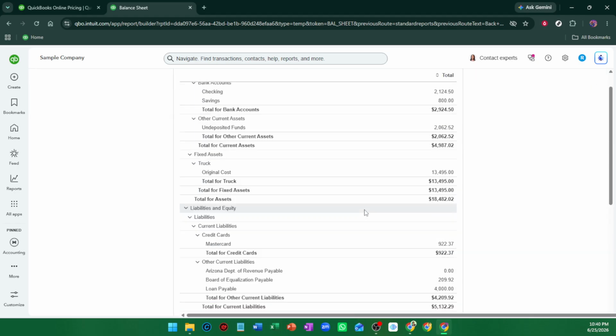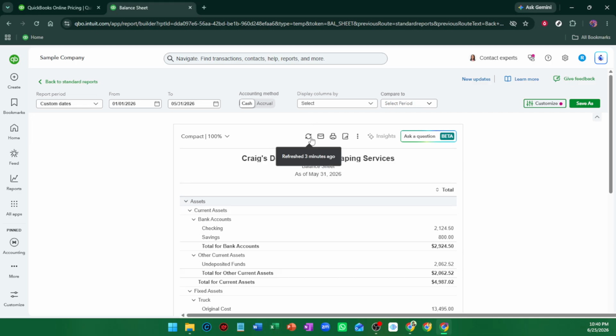If you're working with an accountant or preparing reports for a specific purpose, make sure you choose the method that matches that need. Once those settings are in place, click Run Report to generate the results. QuickBooks will refresh the balance sheet based on the report period and accounting method